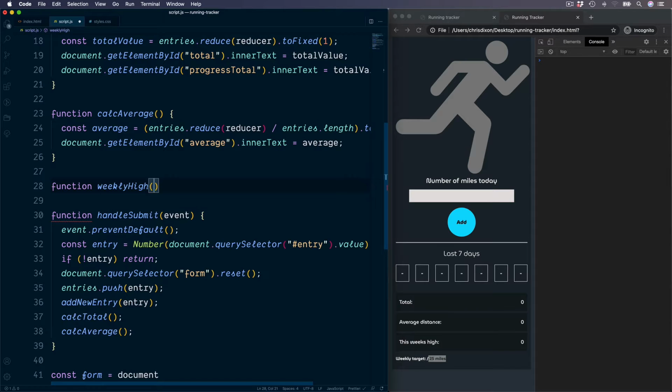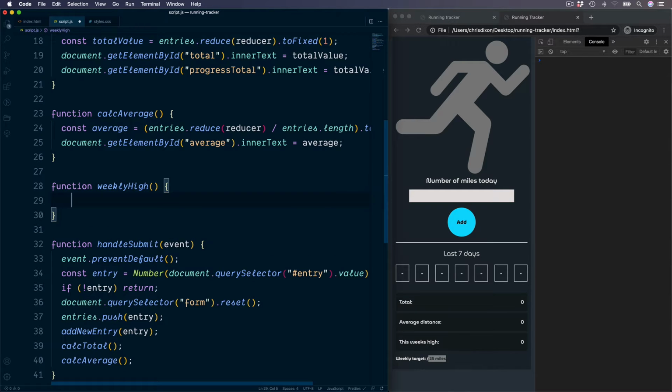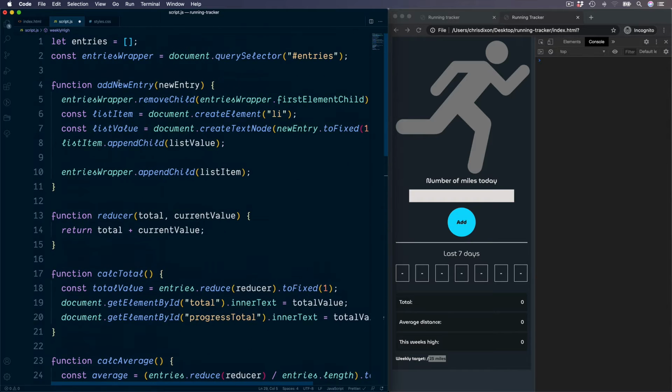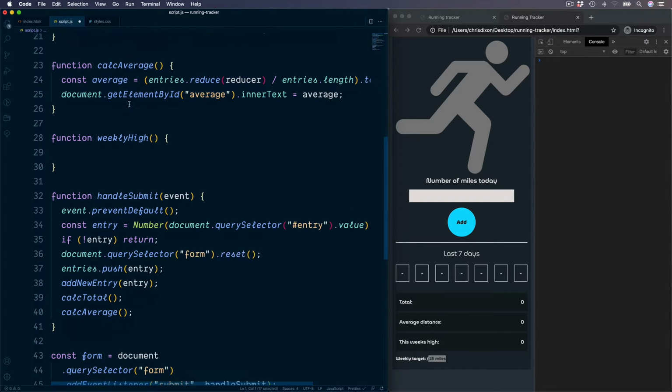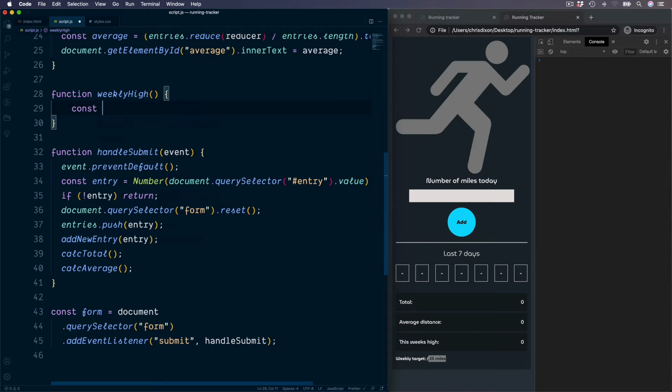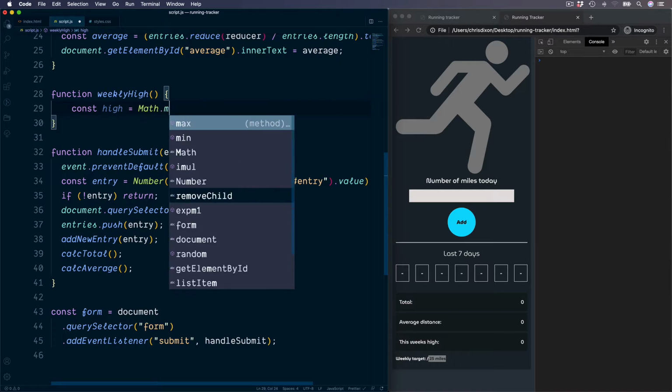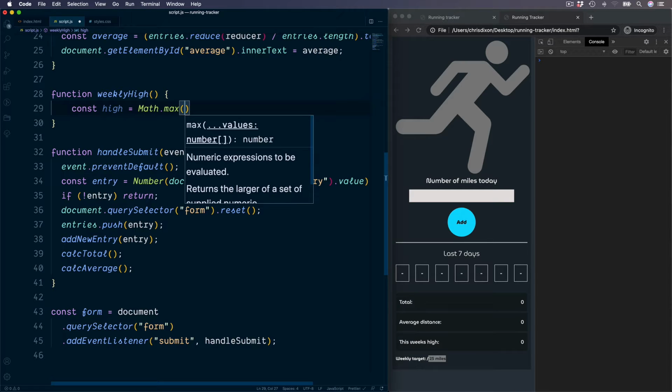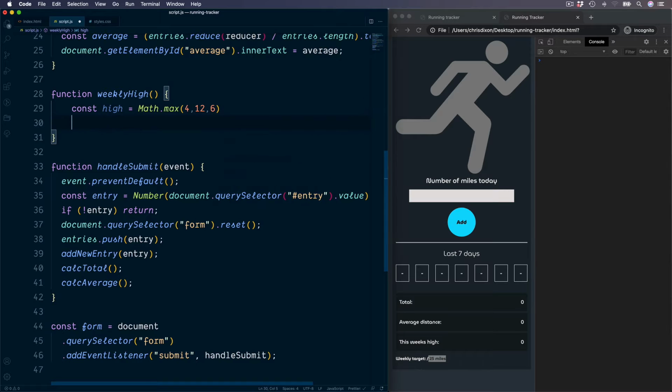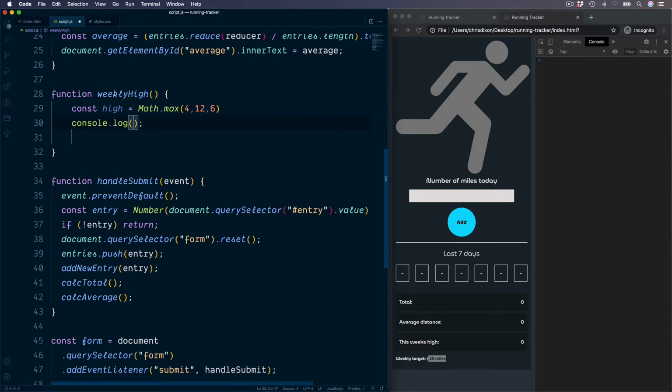The name of this function will be weekly high, and all we need to do is to calculate the highest value which has been added into our entries array. Store this in a constant called high. And the way we can do this is by using a math function JavaScript provides, which is called max. So inside here we can pass in different values such as 4, 12 and 6. And now if we do a console log for the value of high, we should see that the value of